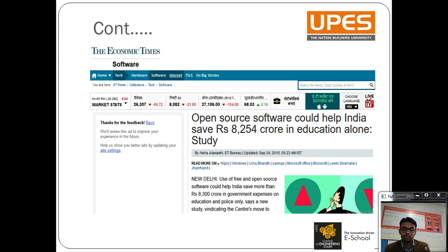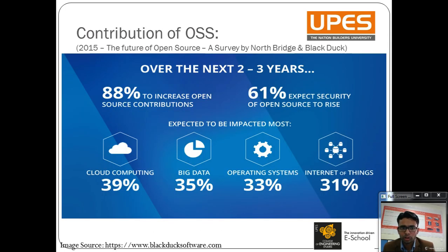Now you can imagine if we replace the entire system, whether in government departments or any industry, with open source software, then obviously it boosts our country's economy.